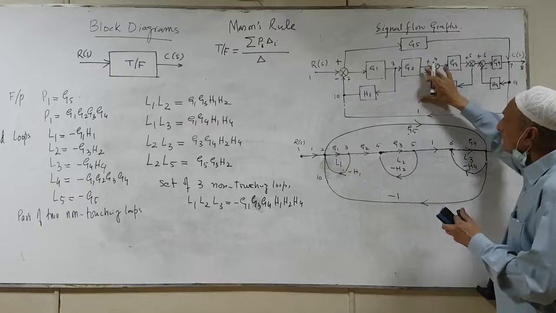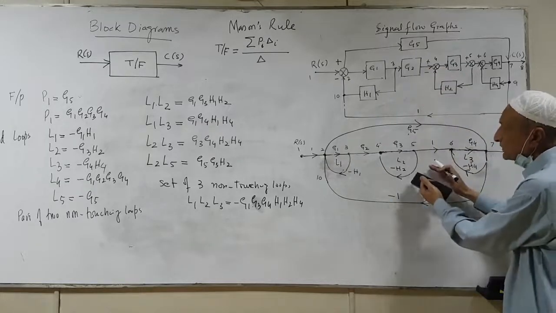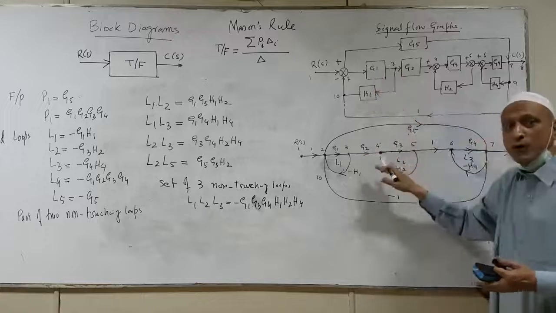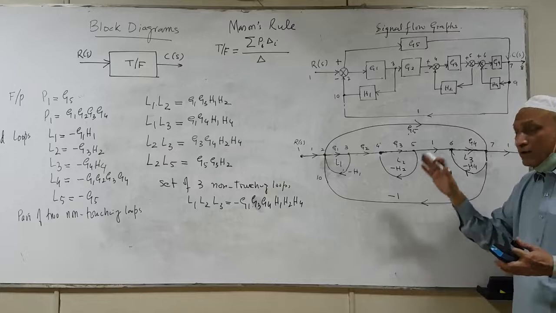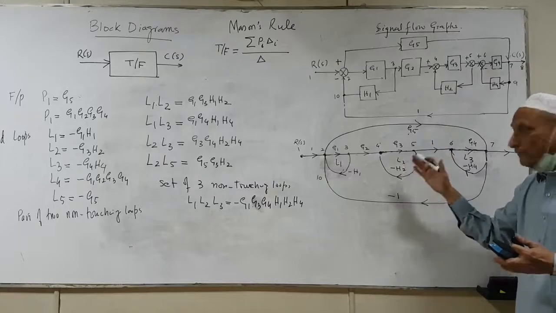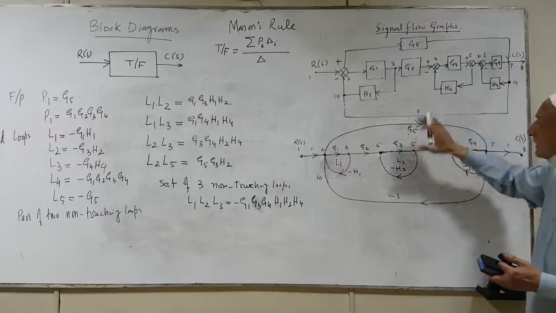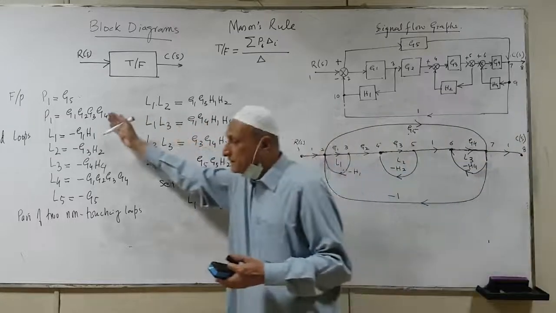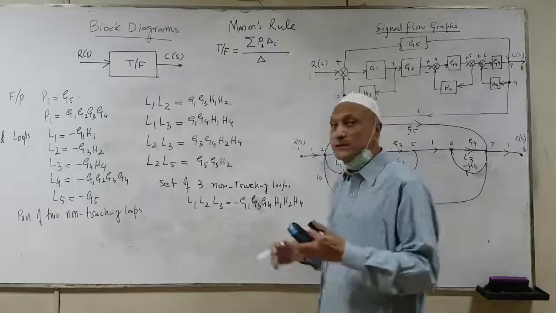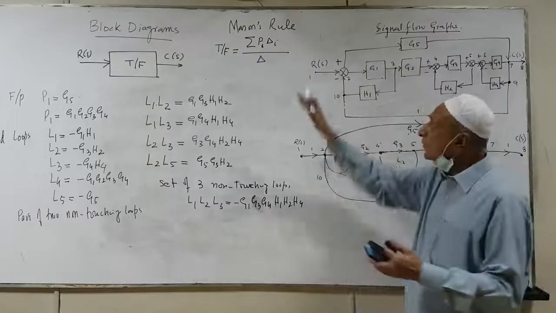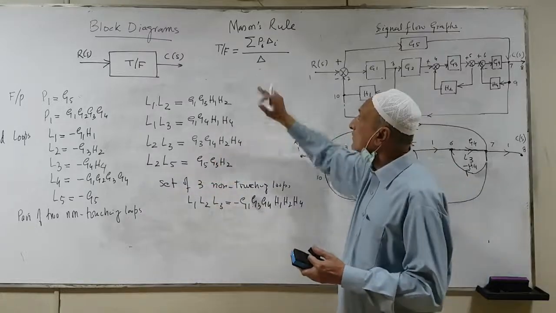Given a block diagram, we draw a signal flow graph, exactly a pictorial view of this, but we do not include the blocks. We simply indicate things by the transmittance of a forward path or feedback path. Once we have done that, we go for this analysis. Once we have done this analysis, we are in a position to use Mason's formula. These all come under the heading of Mason's rule basically. We end up with Mason's formula.